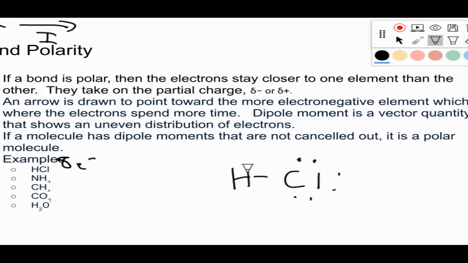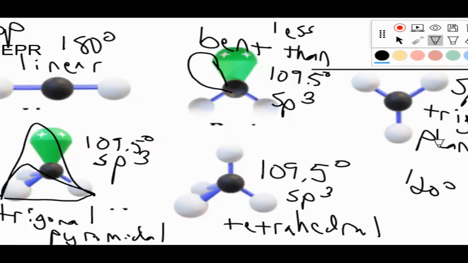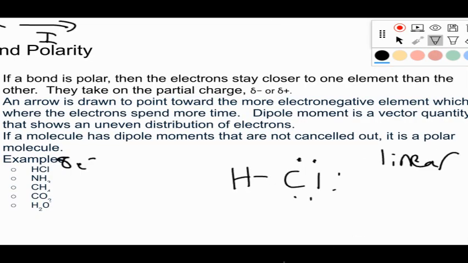Okay. So now let's label VSEPR shape, bond hybridization, and then let's also do this bond polarity. So in this, if there are 2 elements bonded, the only thing they can be is linear. So this is an example of linear. It doesn't look the same as my linear I showed a minute ago, because the linear I showed a minute ago, remember, had 2 bonds. But if you only have 2 elements, all they can do is bond to each other, and they're only going to be able to be linear. If it is a linear bond, then we would also look at